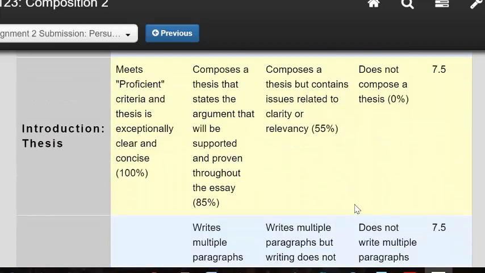Next, we look at the thesis statement, and again, I would refer you back to some of the resources. We looked at thesis statements in week 5, and that should still be available to you, but it composes a statement that contains the argument and is supported throughout the essay, and it hopefully has 3 supporting or key points. For it to earn full credit, it should be exceptionally clear and concise. It should be easily recognized in a single sentence in the first paragraph and typically towards the end of the